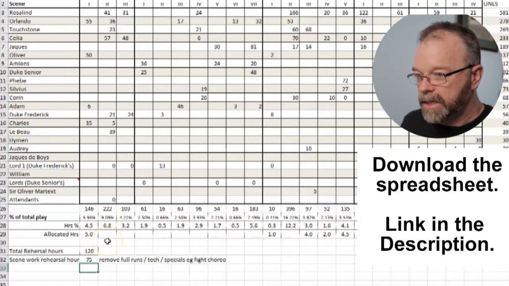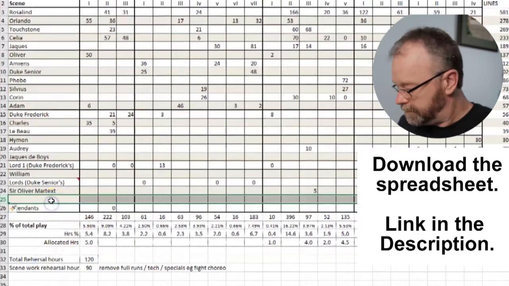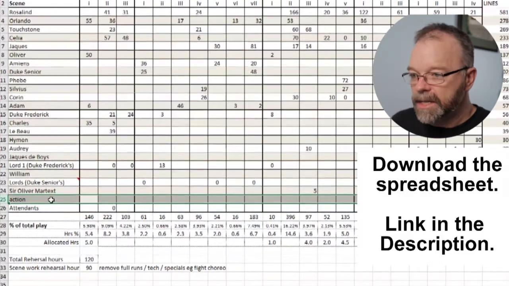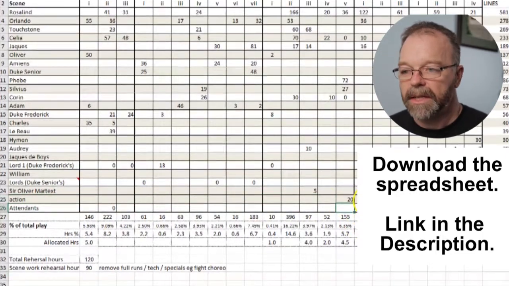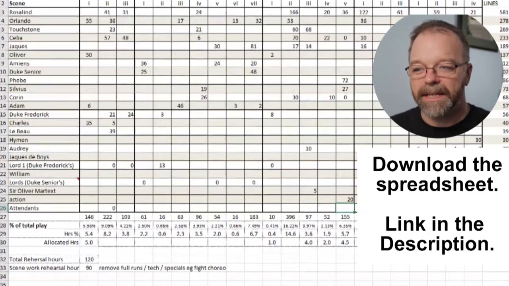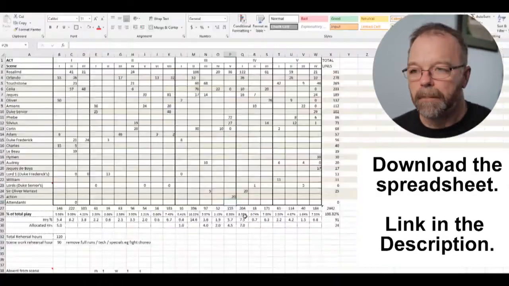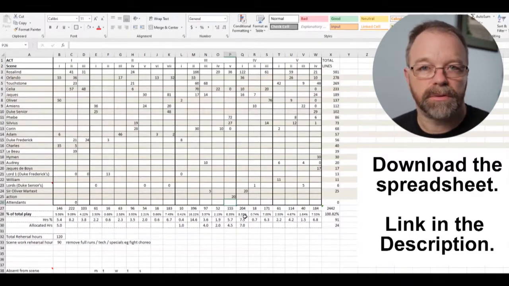I might chuck a line in and call it action, because I know that there's a lot of action in that scene. And so then I might come down here and go, well, let's throw 20 lines of action in that. So it's 20 lines worth of time that we're allocating to that to help give us time for the action in that scene.